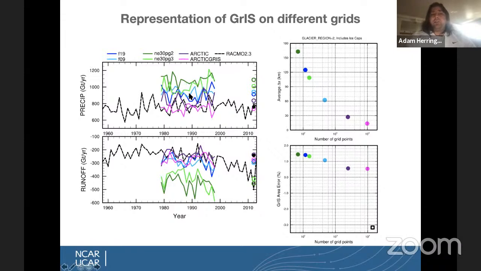And so there does seem to be some improvement in using the latitude-longitude grid over the quasi-uniform, and that's especially true in the runoff field, which is primarily a CLM calculation that doesn't have any polar filter that would reduce the impact of the higher resolution over Greenland. And so the finite volume solution actually looked really pretty good for the runoff,